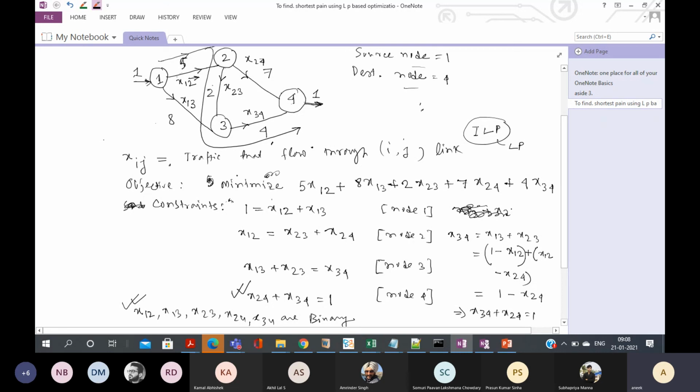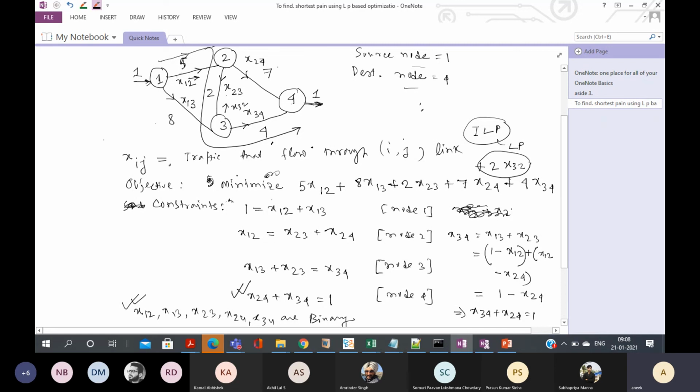So your x23 is 1, because you have to understand that x23 can't be a negative value. It has to be 0 or more than 0. So in my opinion, you should take another variable like x32. When you are writing the cost function, the cost is the same, 2. So you have to make an addition of plus 2x32. This needs to be added.